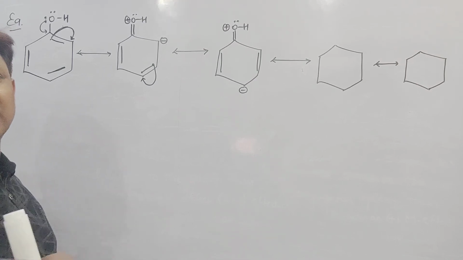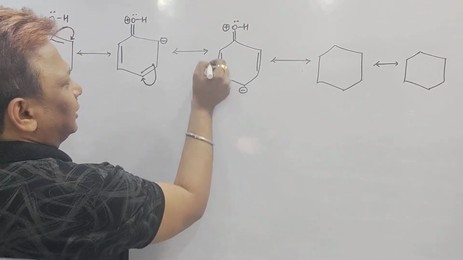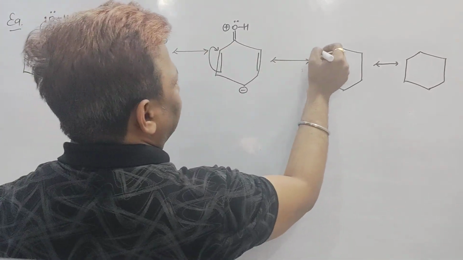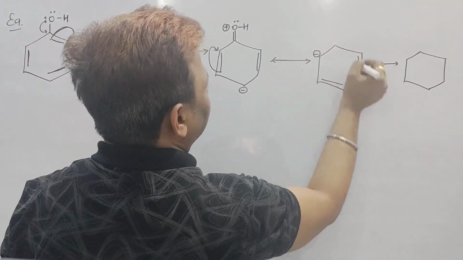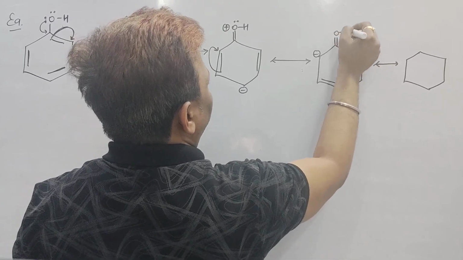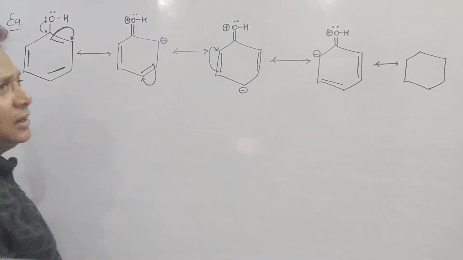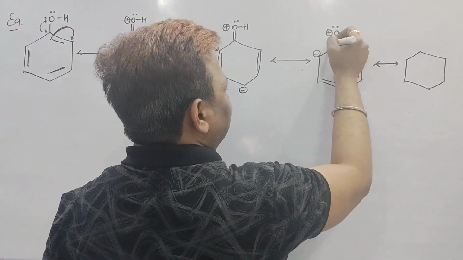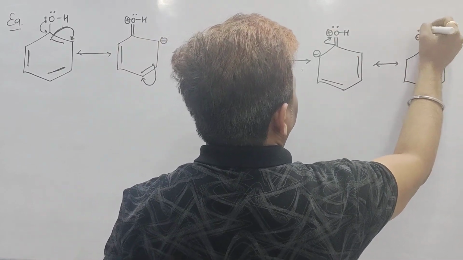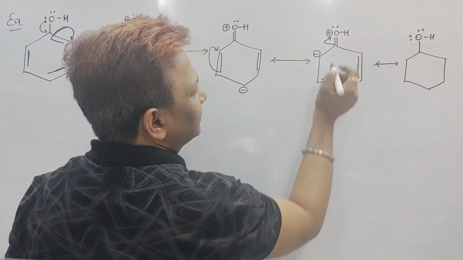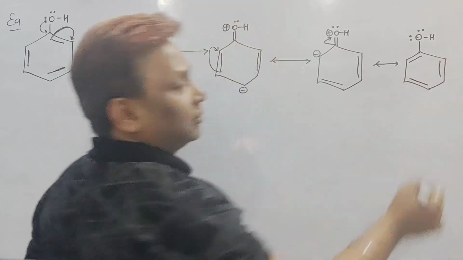In the other case you can see, again this pi electron is shifted to this carbon. This carbon will get negative, beta. This carbon will get positive. Positive, negative, again double bond. Again pi bond. Then double bond, O, OH. It is having a lone pair and positive charge. But now this particular pi bond shifted back to the oxygen. That means oxygen is bonded with the H. Now it will get its 2 lone pairs as they are. These positive and negative will make one pi bond and the remaining pi bond is as we have drawn.